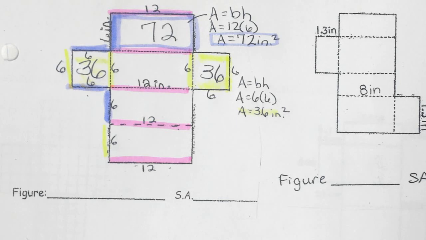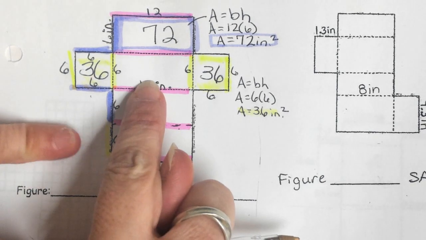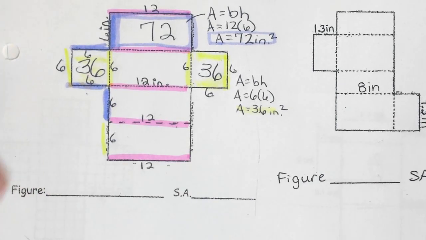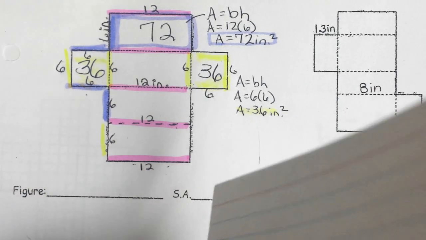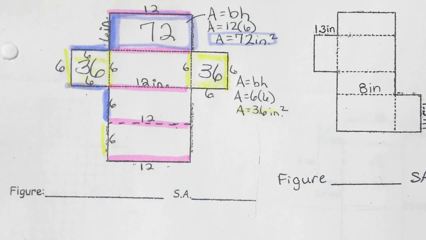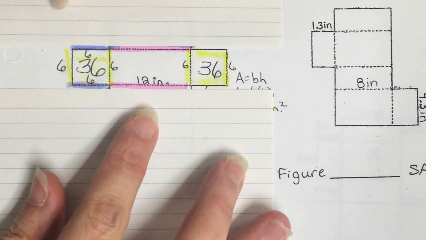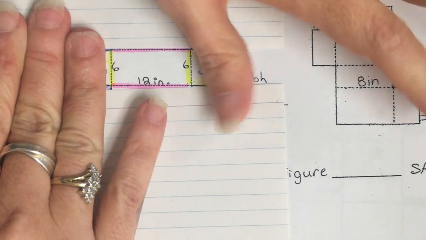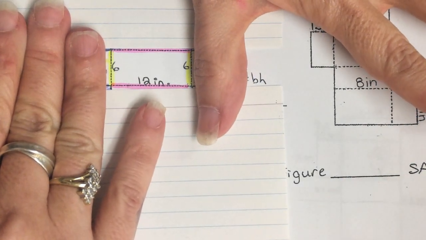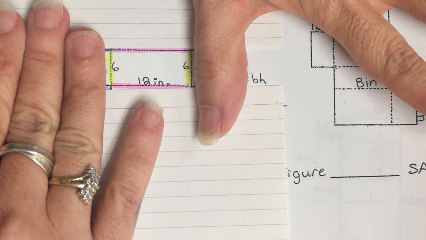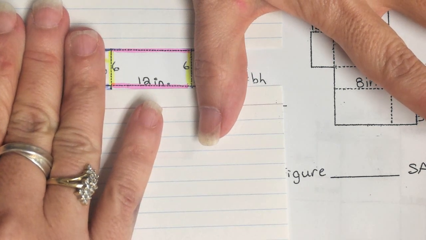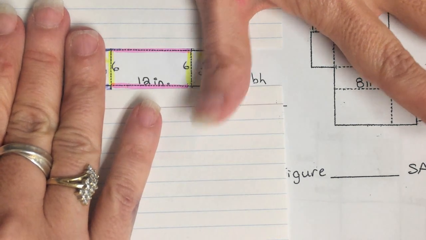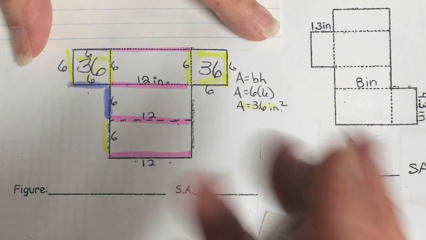Okay. Now, let's look at this middle box. This was a trick we were talking about in my last class or earlier today. If it flips you out to see this many numbers and this many shapes, and you're like, I don't get this, take something and cover up the rest of it. And if you need to cover it up even more than that, I know it's kind of silly, but now do you see that it's a rectangle and the two numbers you're working with are 6 and 12? If that helps you do it, it doesn't matter. So 6 times 12 is